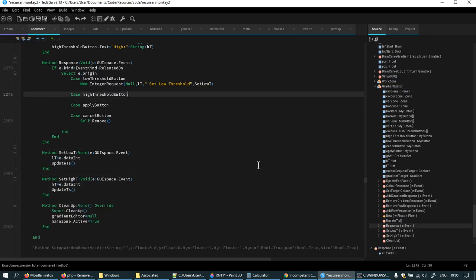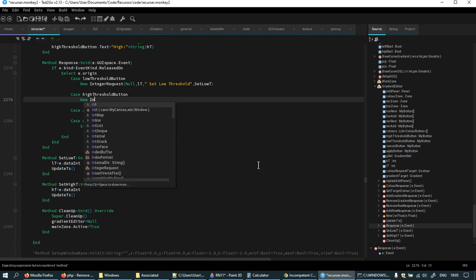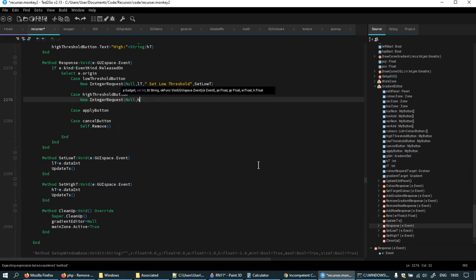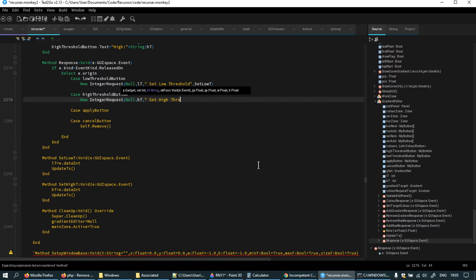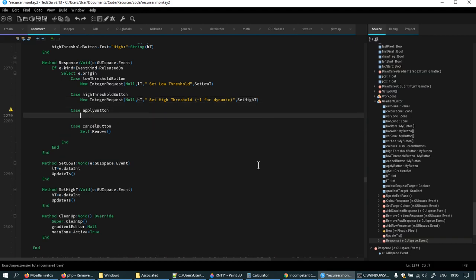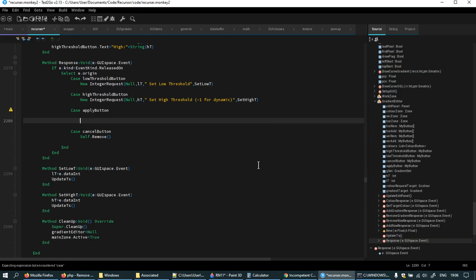And in here, new integer request null high t, set high threshold, -1 for dynamic. Wonder if that'll make any sense. Comma, set high t. Apply button ends with self remove,